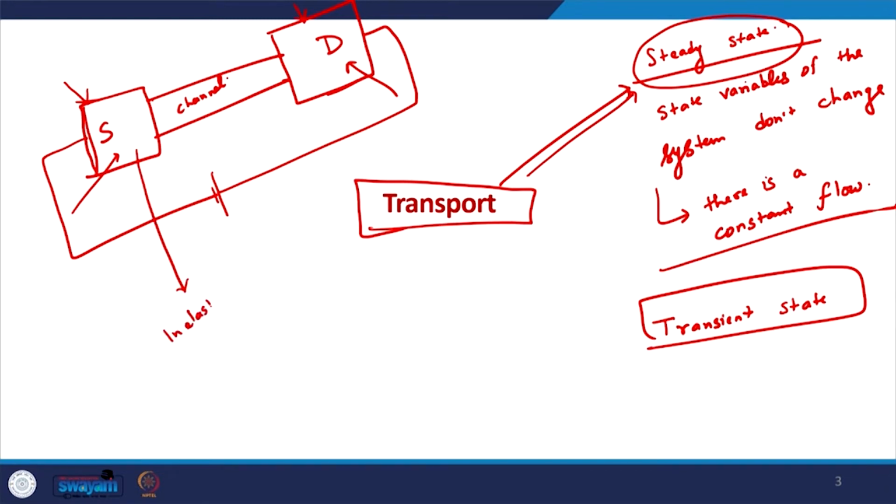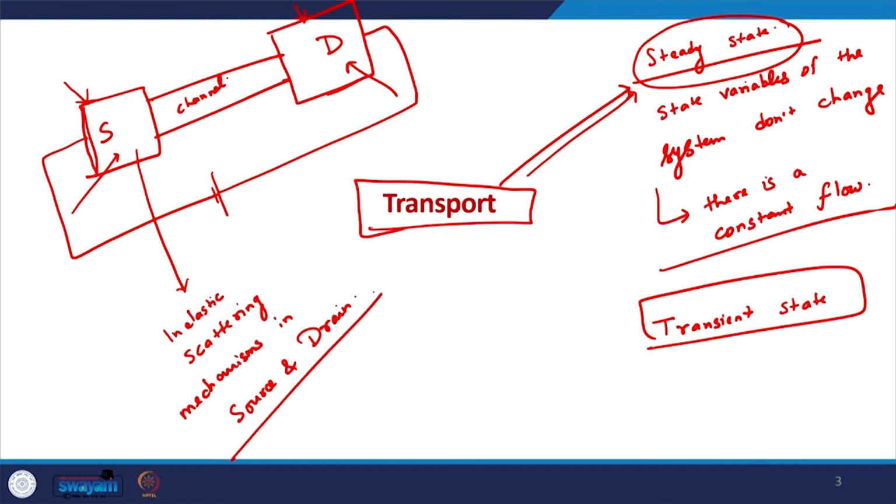So when we have a battery, and by virtue of being large, there are inelastic scattering mechanisms in source and drain. So even when there is a battery, there is not a state of equilibrium, even if there is a state of flow of electrons. Even in that case, because there are a lot of electrons, a lot of energy levels, and moreover the size is big, when electrons flow through these materials,